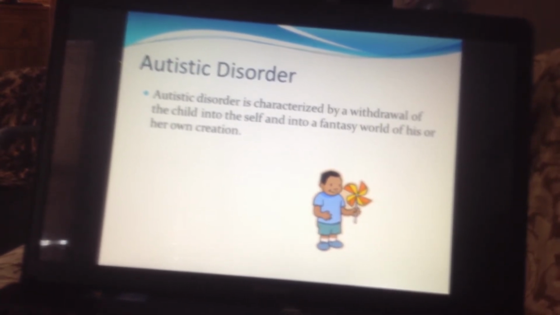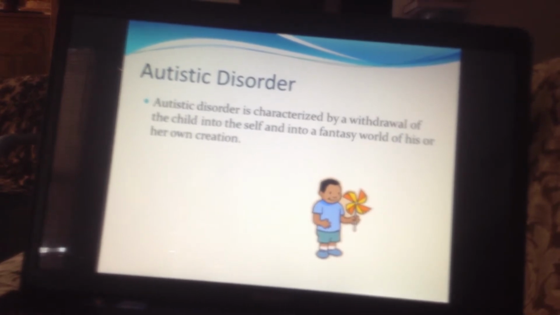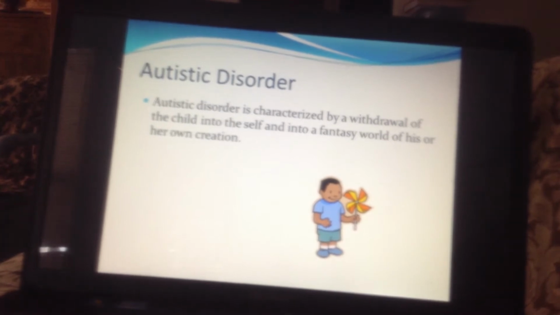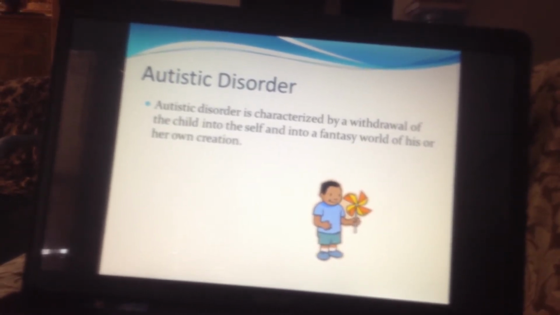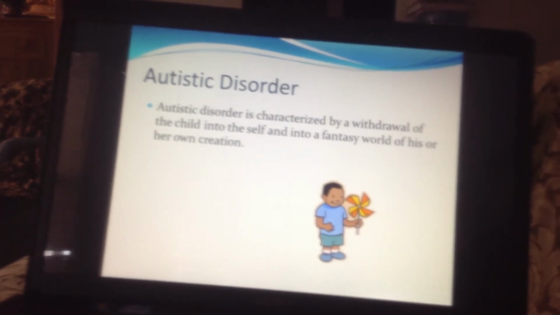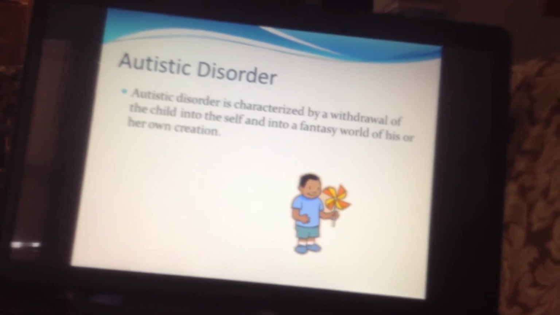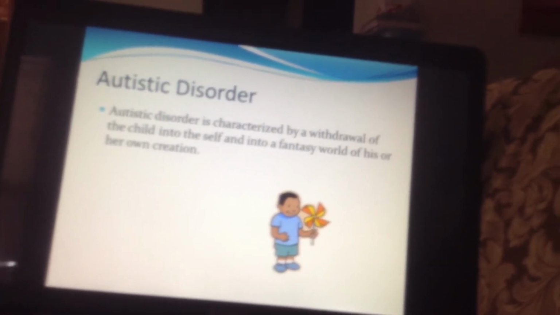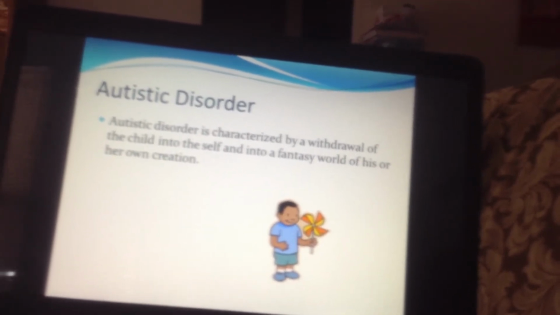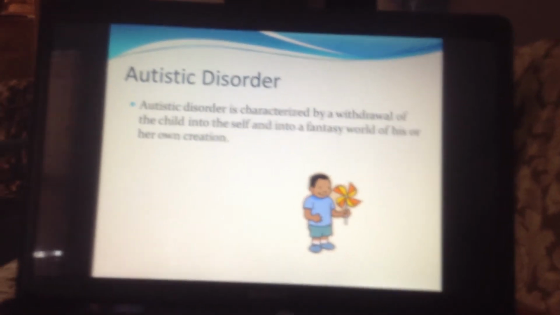Repetitive behavior such as hand flapping, head rolling, body rocking, eye poking, skin picking, hand biting, and head banging. Those are some things that you would see with kids that have autistic disorder. So what does that imply to you? Well, that implies that the kid is at high risk for self-injury. So your goal would be to prevent those kids from harming themselves.